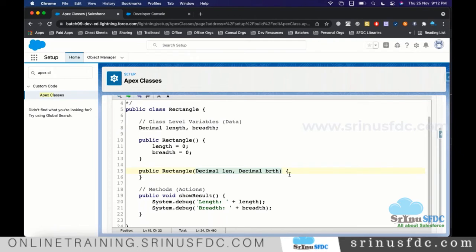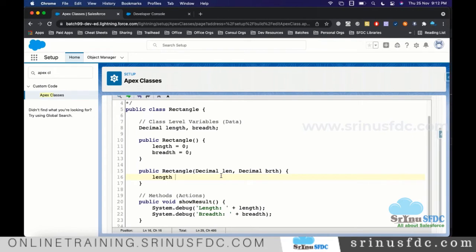Inside this constructor, whatever class-level variable length we have, we assign it whatever is supplied while calling the constructor. Let's say if they supply 100, we assign that to length. In the same way for breadth, if they supply 20, we assign that to breadth.